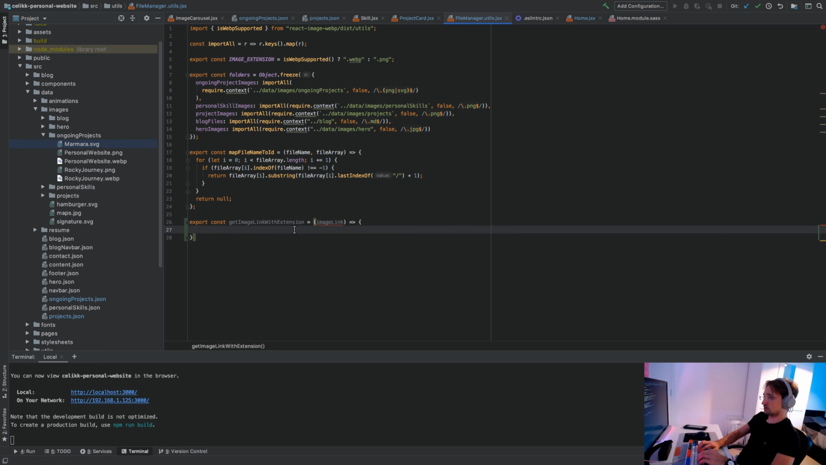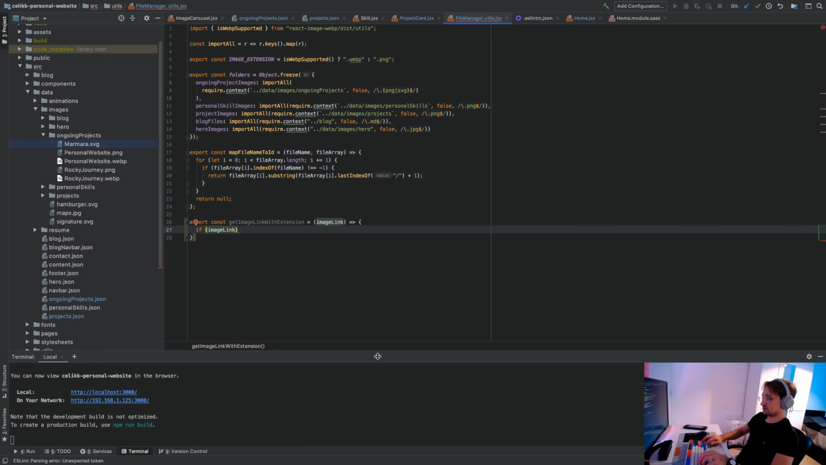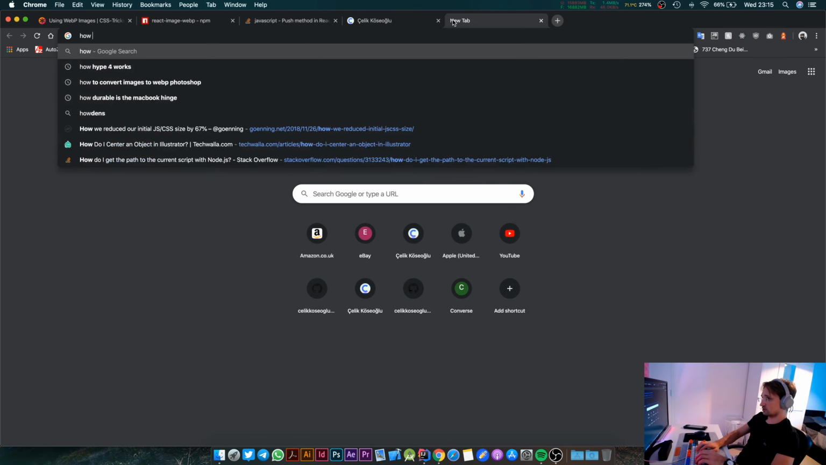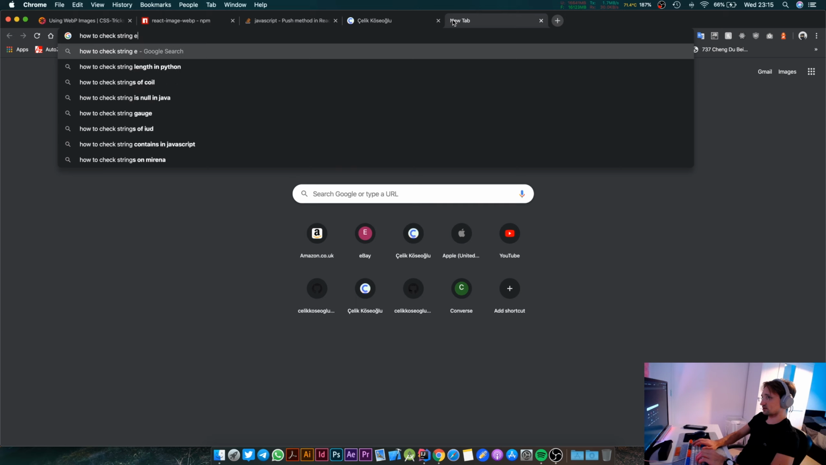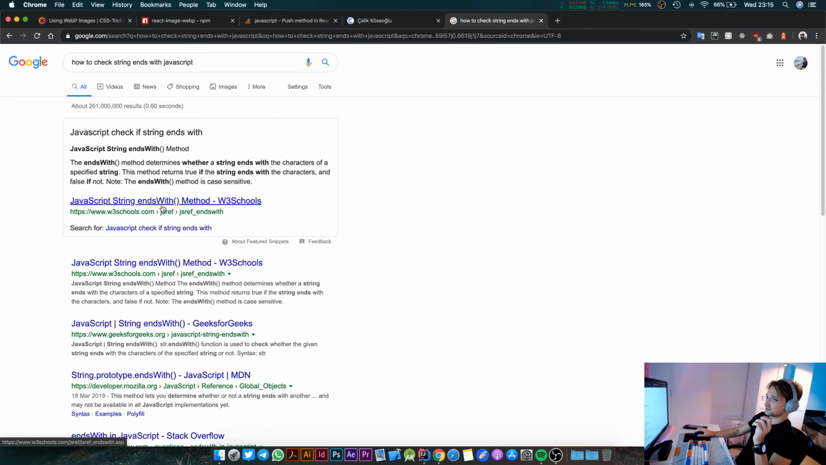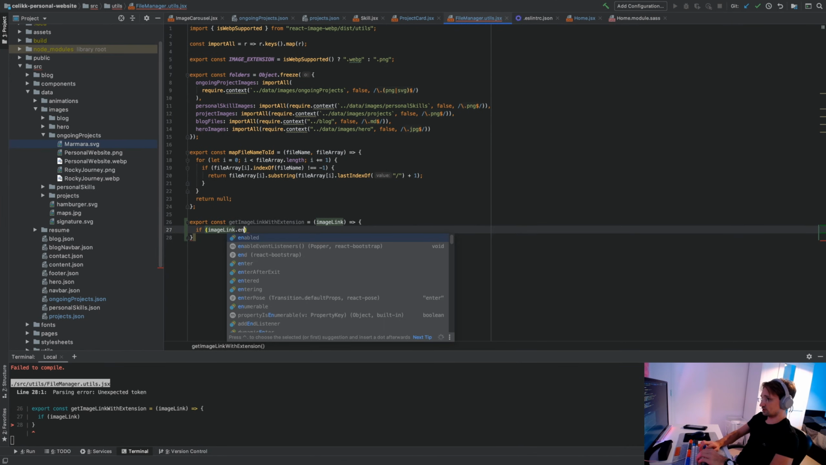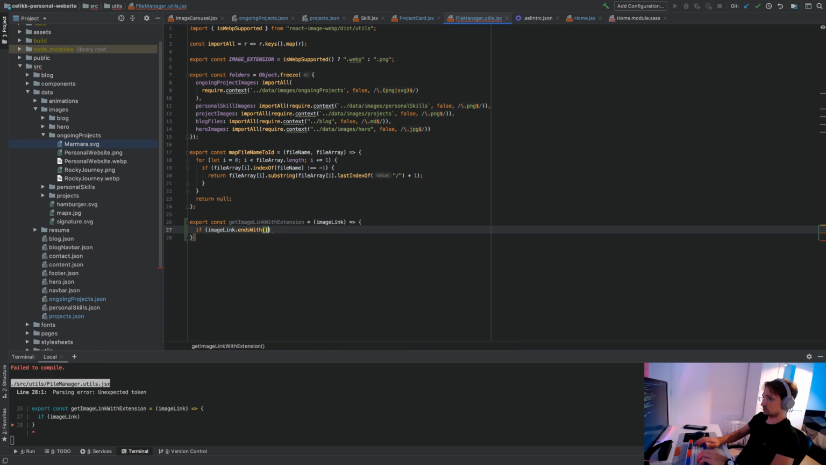What are we gonna have? You have the image link. If image link... Okay, let me Google something. How to check string ends with JavaScript. I just want to find the best way to do this. Oh, there's an endsWith method. How do you use this? str.endsWith. Okay, yeah, that's easy enough. So endsWith .svg, then